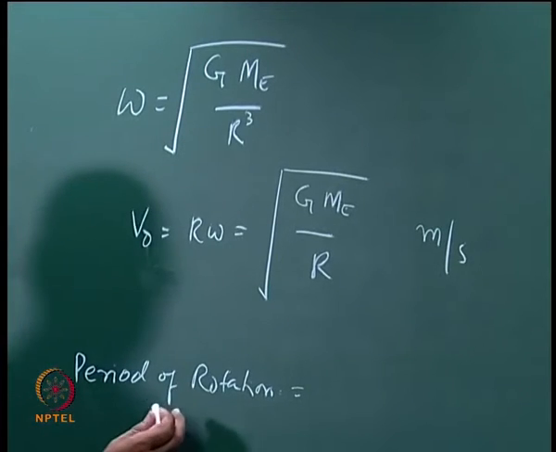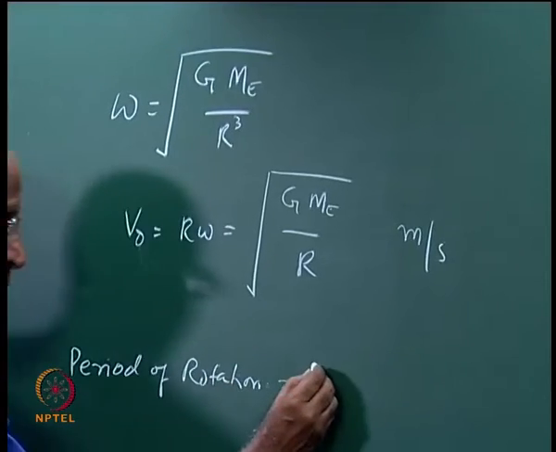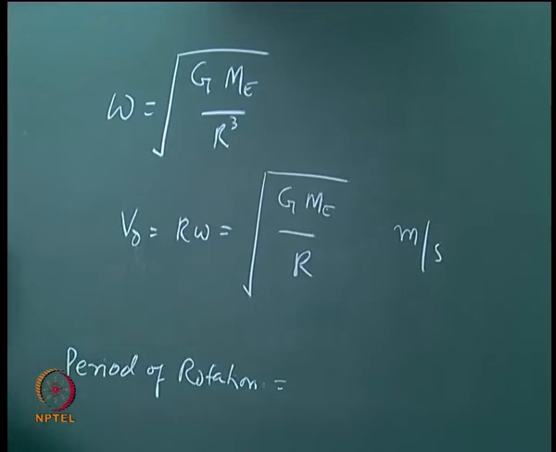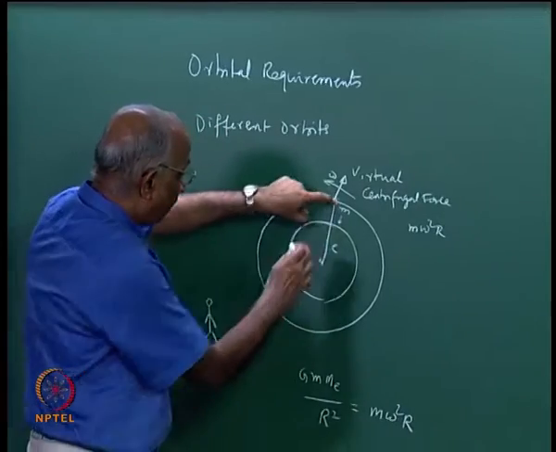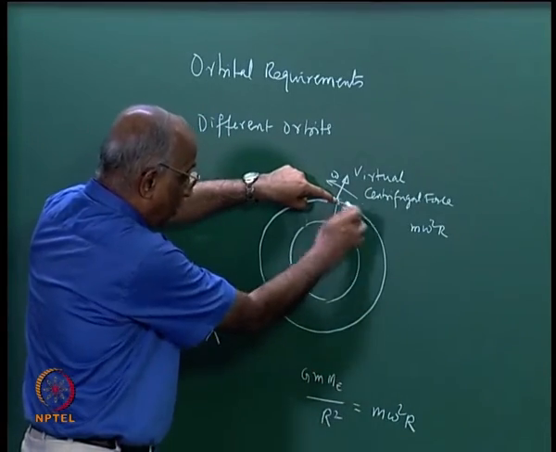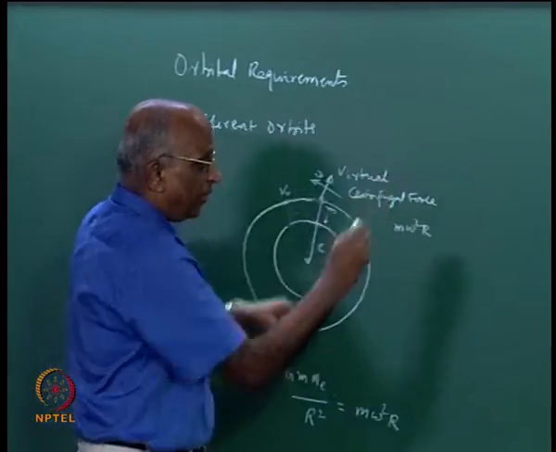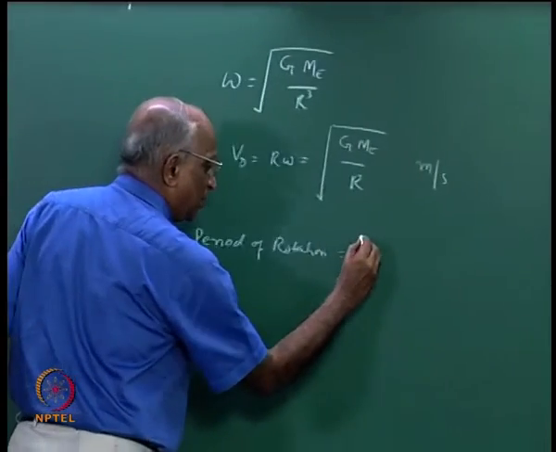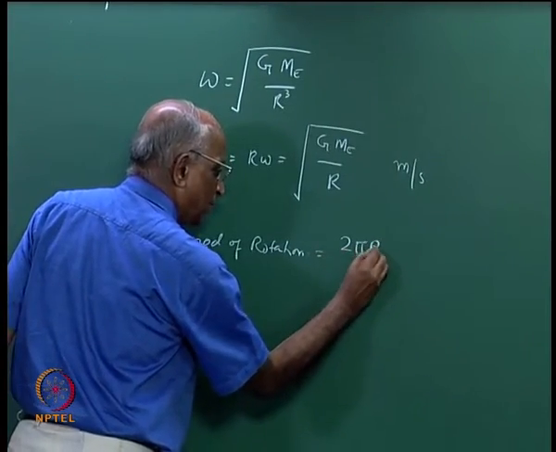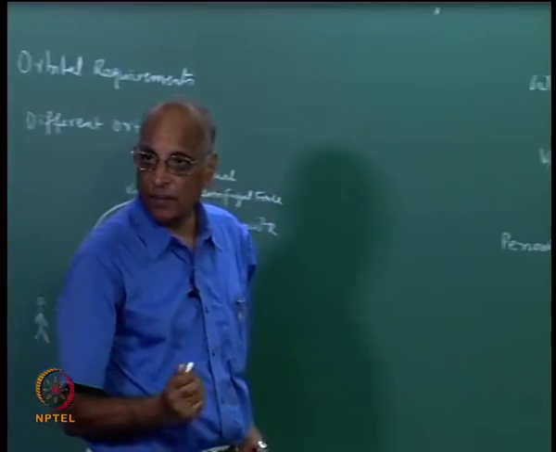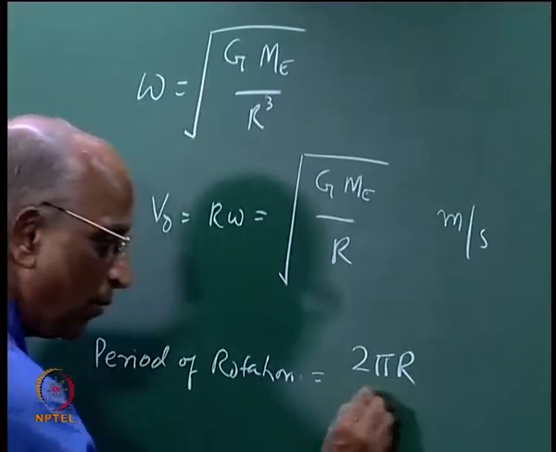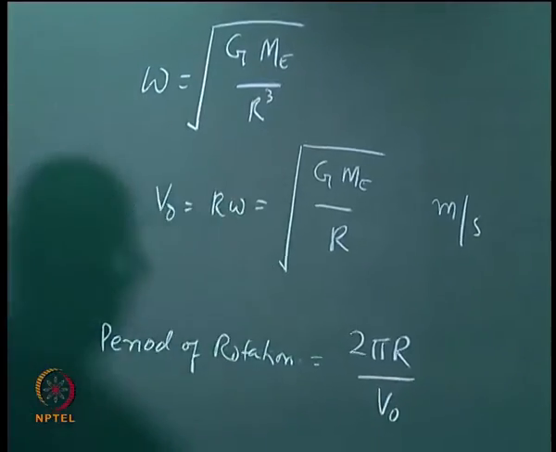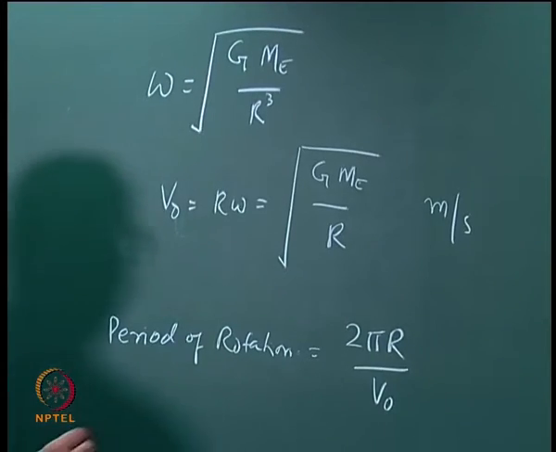The distance it travels in one orbit is 2 pi r, divided by v0, and therefore the period of rotation will come out to be